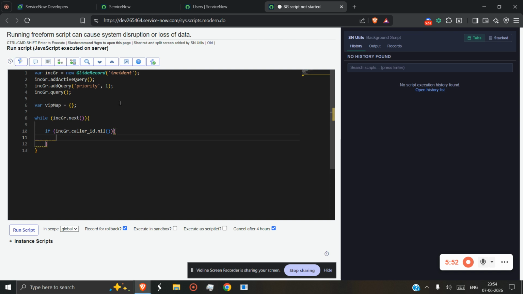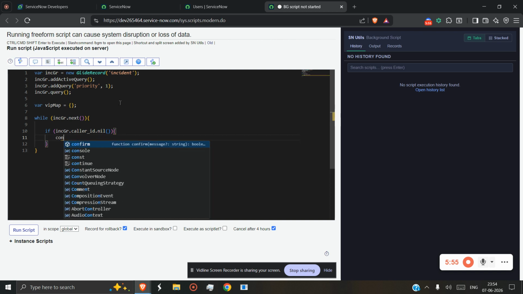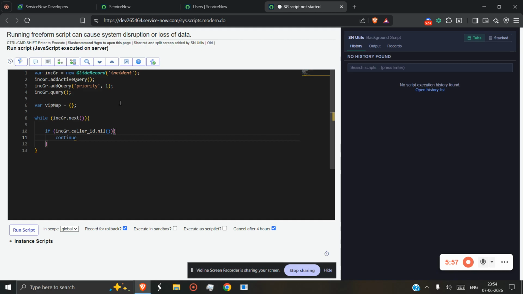So within it, then I want to continue. Okay, later I want to fetch the caller record. So I'm going to declare a variable caller where user gr. This naming convention can be your choice. I am just writing according to my terminology so I can identify it quickly. So I am declaring a variable where user gr is equal to